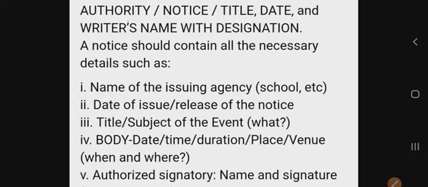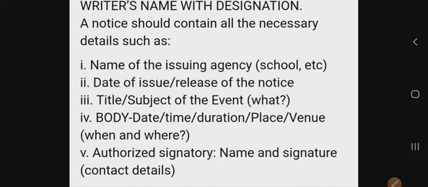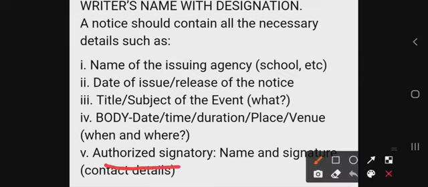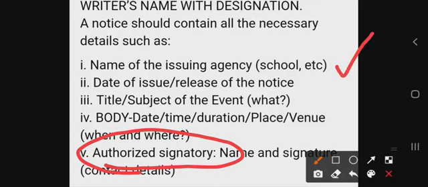Suppose the notice has been issued by the coordinator, so the coordinator should come. The authorized signatory must be there at the last. We must take care of this point. On the top, the name of the issuing authority, then the date of issue or release of the notice, on which date the notice has been put up, then the title or subject of the event, whatever the heading, suppose it's a dance competition,